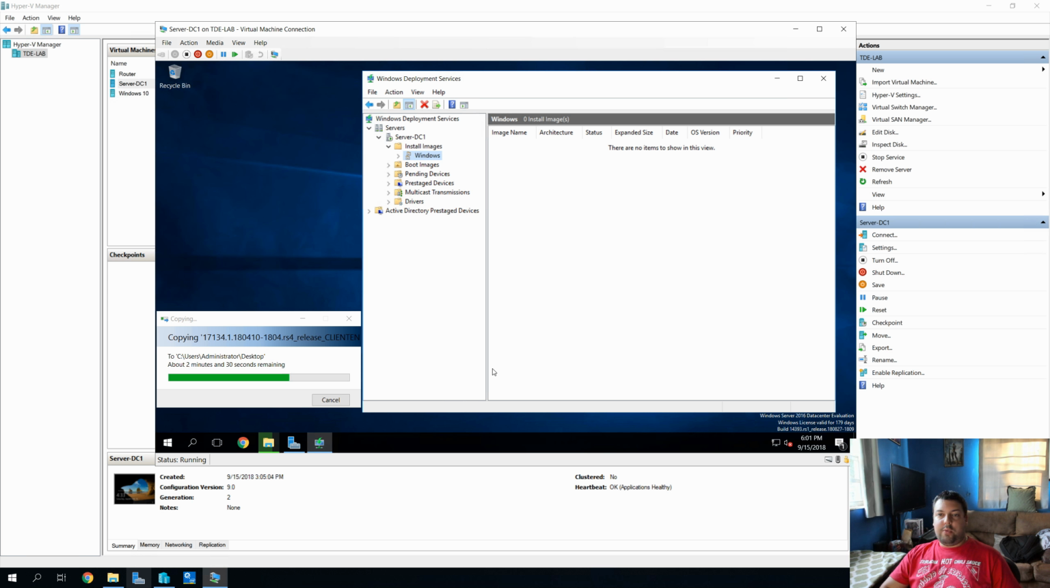But your install.wim is now going to be called an install.esd. And that actually needs to be decrypted to .wim. It is an encrypted file. It needs to be decrypted to .wim in order to be usable. WDS does not understand ISOs, and it does not understand ESD files. It understands WIMs. The good news is that it's really easy to decrypt them if you have the tool, and